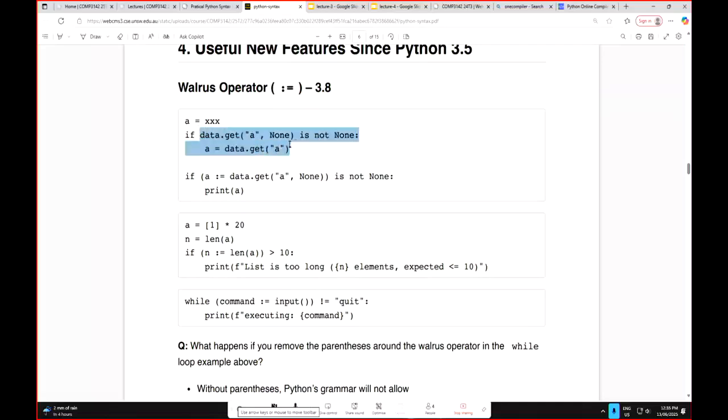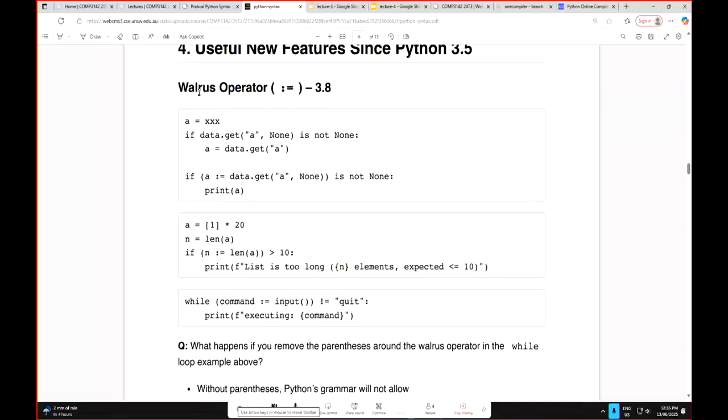We need to check whether this key is inside this table before we can successfully store the data into the variable from the dictionary. We need to do this in 2 steps. First, we need to create a variable called a here, and then we can assign a value inside this if. However, if we don't want to do this extra declaration of this variable,